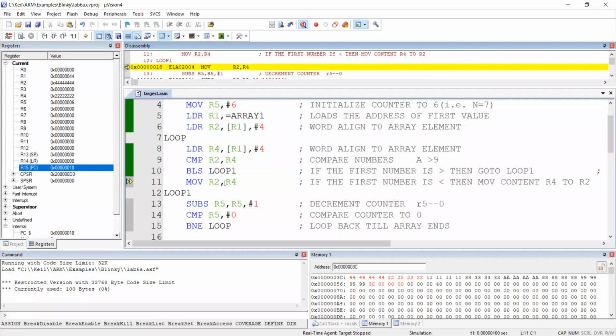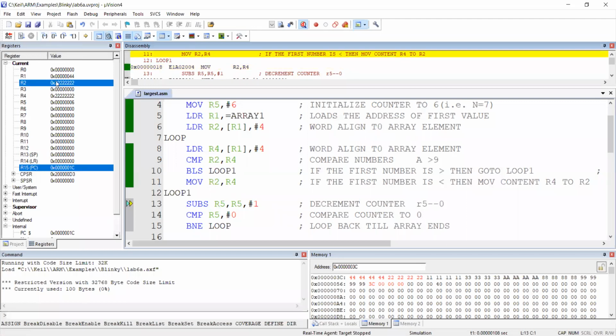So what are we going to lose and what will be the new reference? Are we going to lose 444 or 222? Make it fast. We are going to lose 444 because we want the smaller as a reference. Yes, so smaller. 222 is maintained. Hence R2 will also become 222, R4 will also become 22. You can see now, 22 is the reference because we are searching for lesser, right?